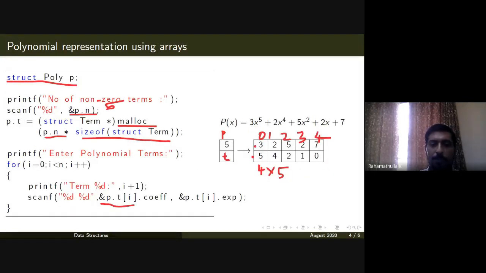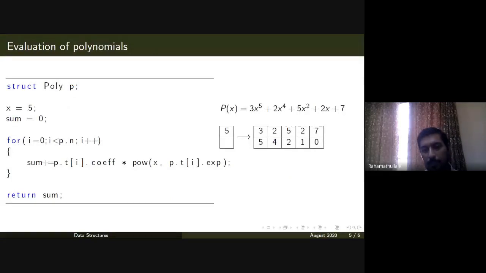First you read the number of terms, then you allocate that much dynamic memory to p dot t. Now p dot t has an array of this much memory, right? So now you can access each of the elements one by one and enter the elements. Any questions? Now let's look at the evaluation of polynomials.